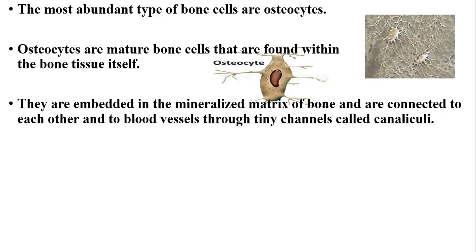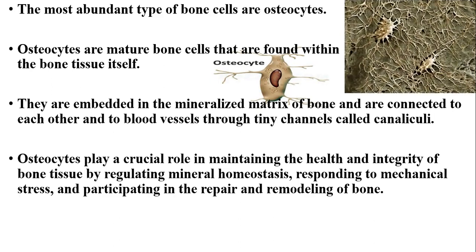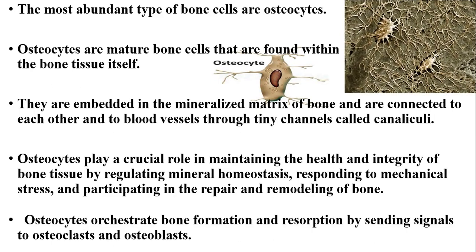And these osteocytes, as you can see here, have this elongation. They connect to each other. They crosstalk to each other. They are actually mature bone cells. They used to be osteoblasts, but these osteoblasts lay out collagen, which is the protein component of the bone, the osteoid. And these osteoids get mineralized with the hydroxyapatite crystals of calcium and phosphorus. Then these osteoblasts now are trapped inside the mineralized matrix, and it change its structure, function, and become osteocytes.